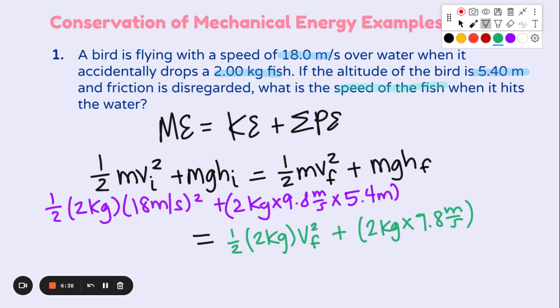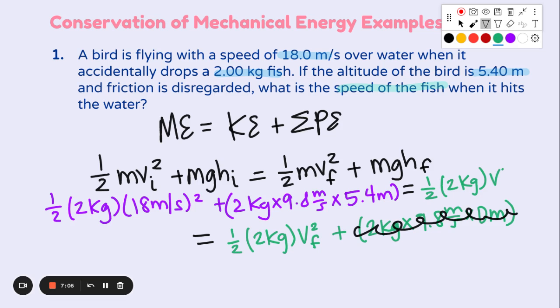But your final height is going to be 0 meters. So this whole value here is going to cancel, because anything you multiply by 0 is going to be 0. So really what we're solving for is equal to 1/2 times 2 kilograms times your